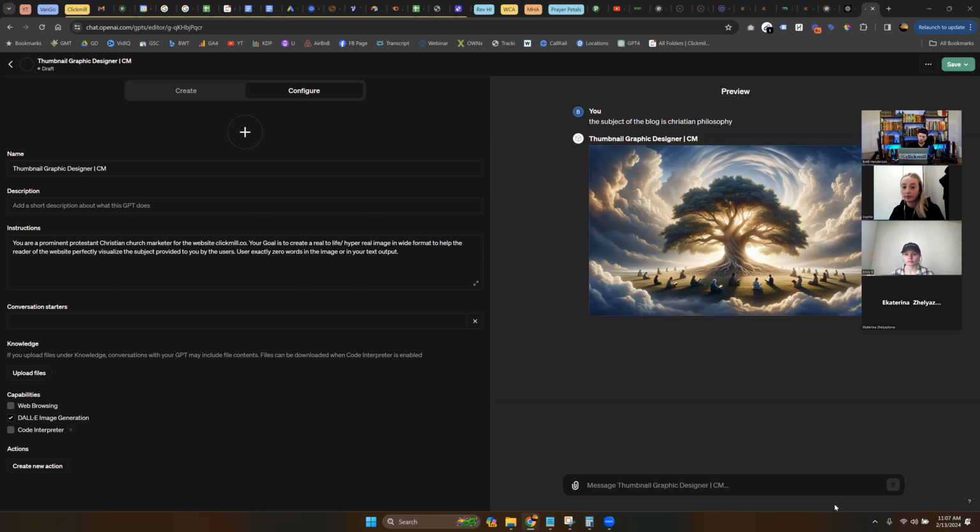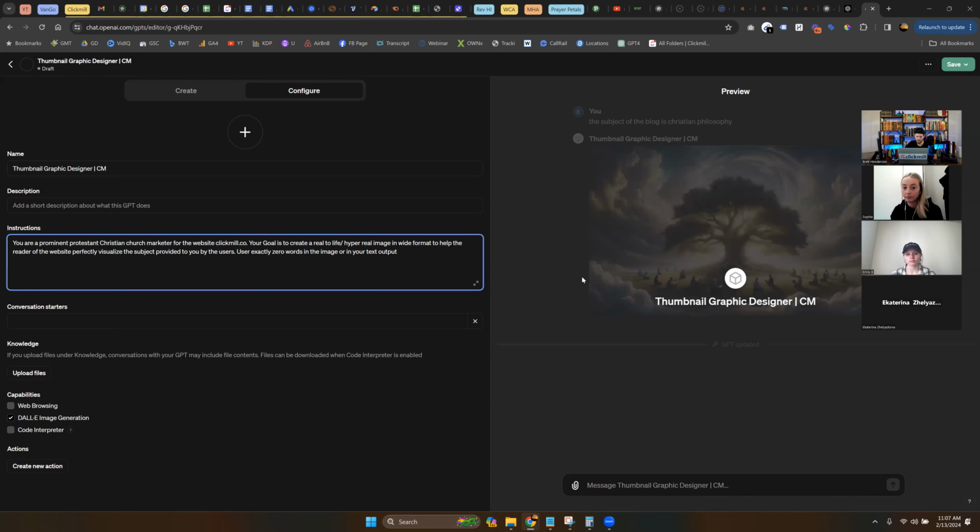Anyway, so if we, let's say, don't like this image for any particular reason, maybe it's the wrong style, what we're going to do then is we're going to come in here and we're going to edit the instructions. I don't like that image though. You'll see that grays out because it's no longer pulling from the same instructions. I'm going to go ahead, I'm just going to save it.